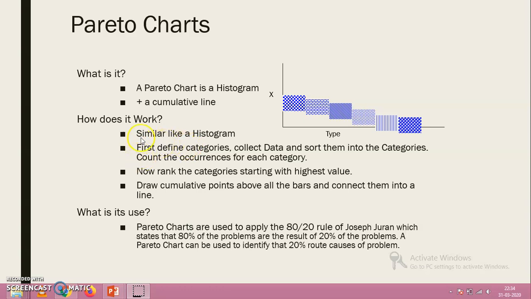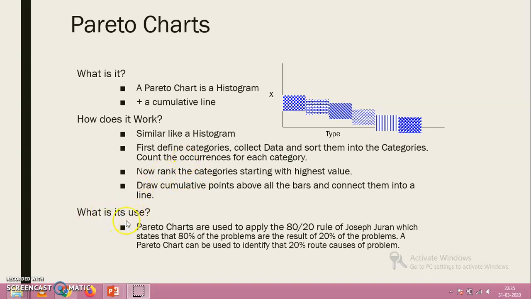In a Pareto chart, one important point is that the highest rank is in first place. It is actually a bar graph, and the first bar is of the highest value and the bars are arranged in diminishing value, right? This is the difference between a Pareto chart and a histogram. How does it work? It is similar to a histogram, meaning we have to define either the class or one frequency point, and note its occurrence, or simply note the frequency. In that way we draw the Pareto chart.